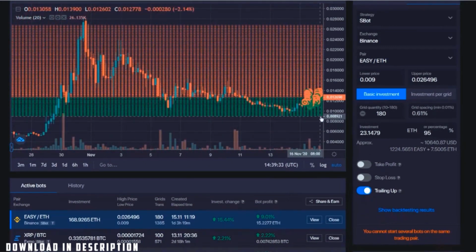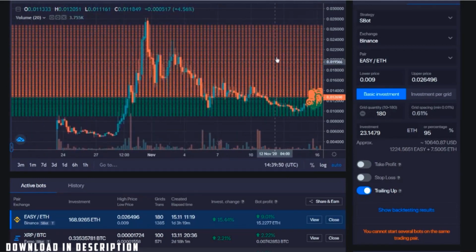I wanted it to buy no lower than this level here, because like I say, I didn't think the chart would go any further down than that. And I wanted it to be able to trade all the way up and sell all the way up into this range. I also have this ticked here, which means that if the range started to go parabolic and even higher than that, then the grid would also follow it up, so that the bot would automatically start to understand that the game has changed and the price range is different,